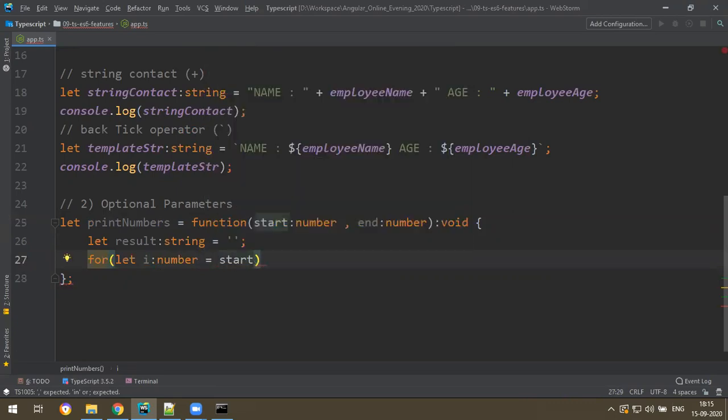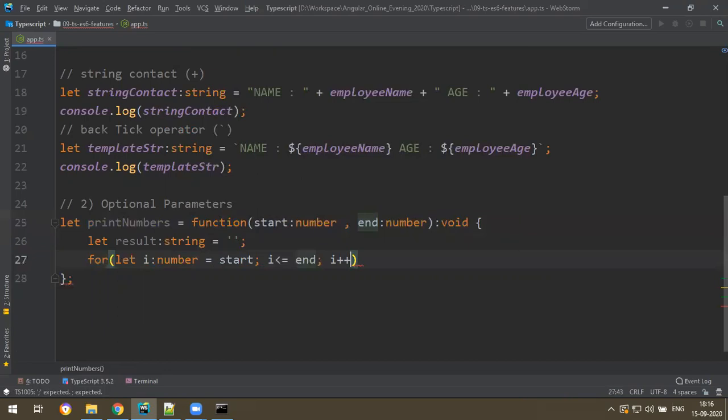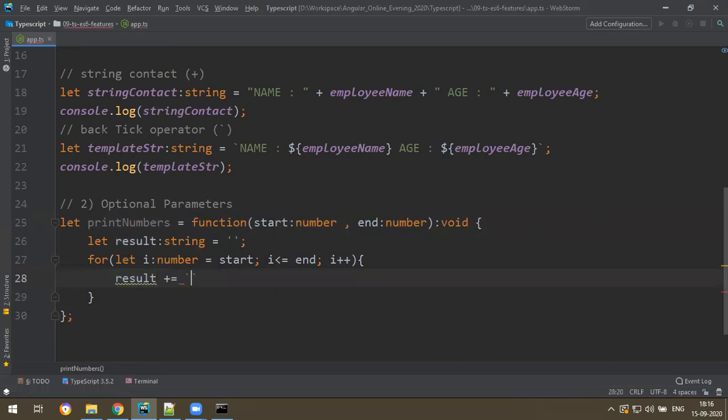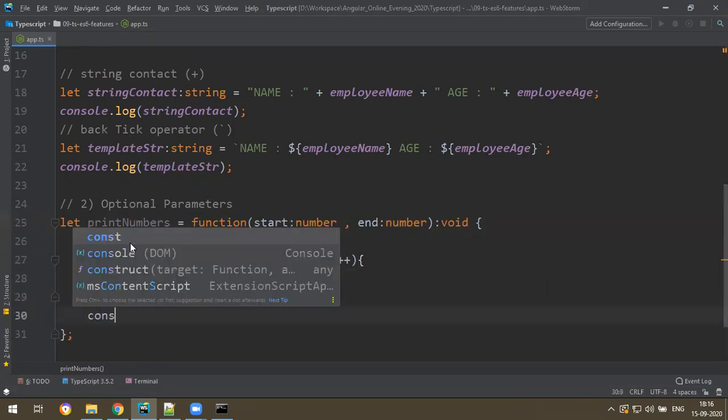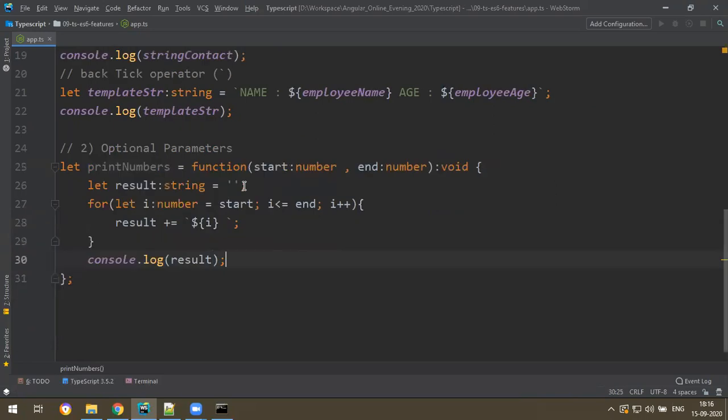I want to print from start to end, so start, and then i less than or equal to end, and then i plus plus. Simple function. In every iteration I want to get the result, so result plus equal to backtick, and I just print the value of i, and then a console.log of result.